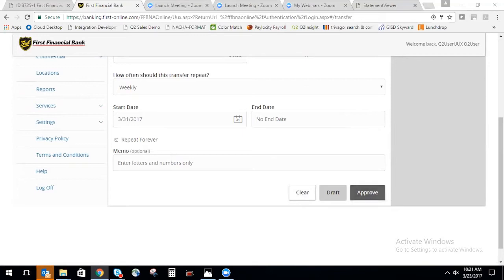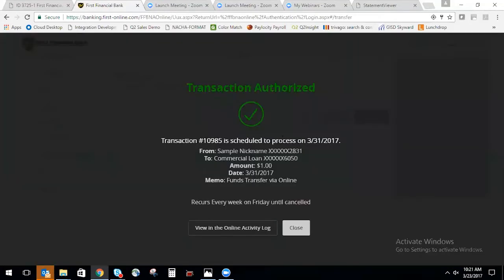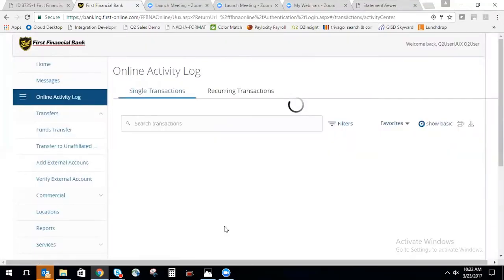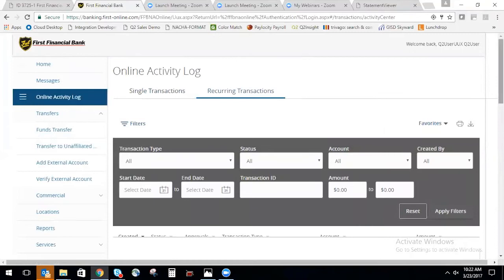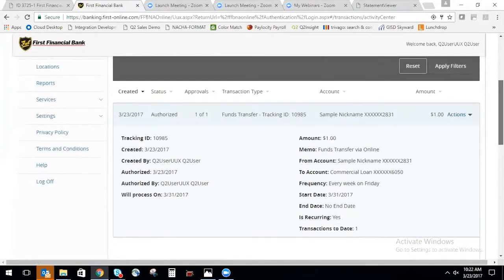Once I'm done, I can click on Approve. Okay, and once it's done processing, it's going to give me an overlay screen just like this. And then at this point, I can click on View in the Online Activity Log, and this will take me immediately back over to this menu, which is going to give me an opportunity to view the transaction details. So here, in addition, I can click on the actions on the right-hand side, and I can cancel this if I choose, copy the transaction, view the transaction in a series, or I can also print the details as well,